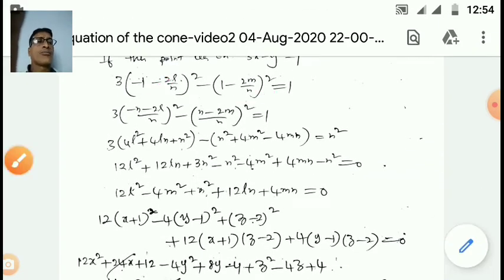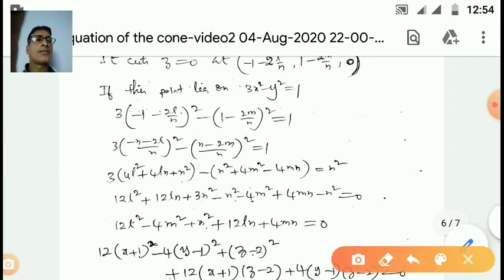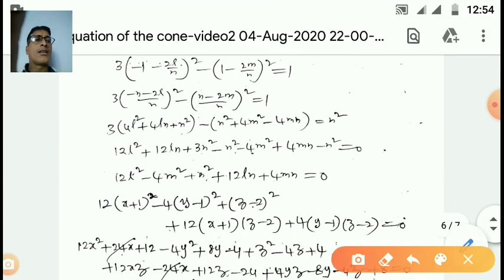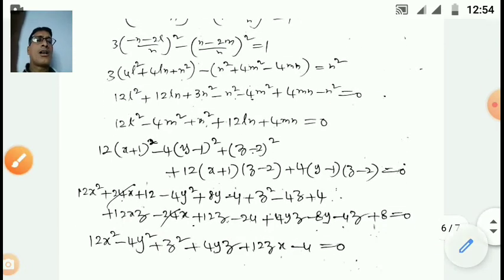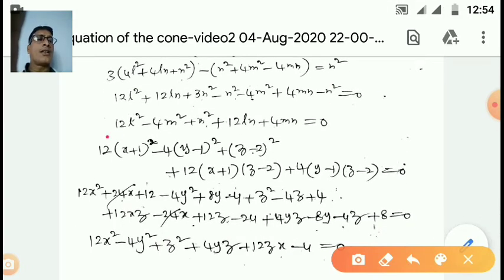So by simplifying this, n is the LCM, here you will get minus n minus 2L, here you will get n minus 2m by n. On squaring these terms you will get like this, and here you will get n square, and here you will get n square, and by shifting n square to this side you will get n square on the right side. Therefore on simplifying the entire equation, finally you will get this. So you can observe that this is the equation.